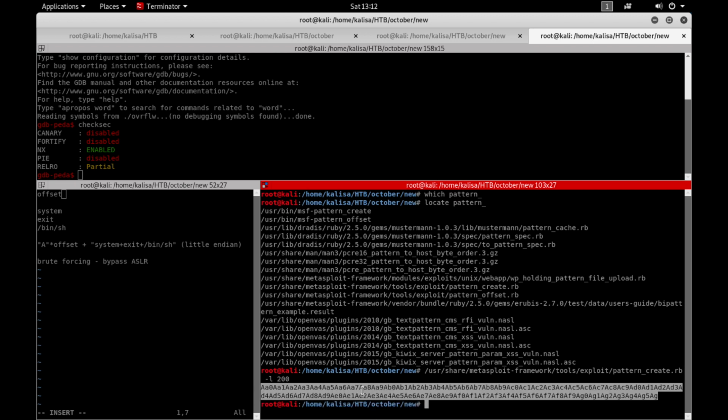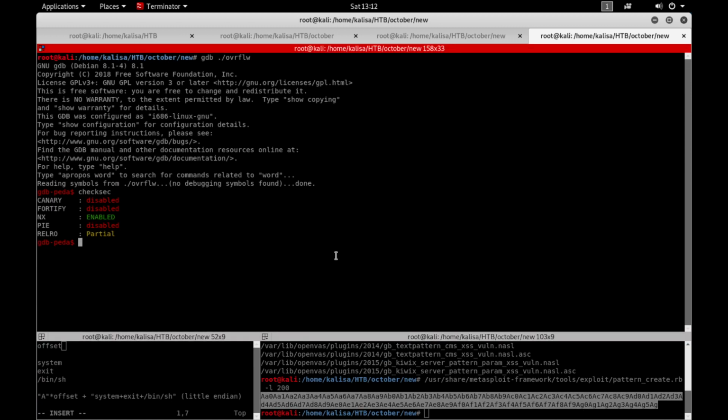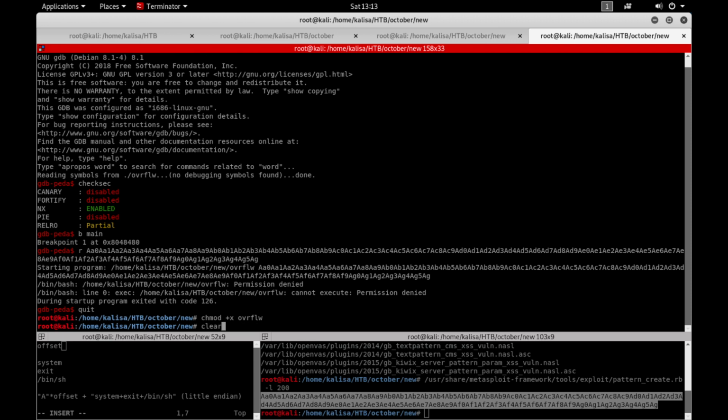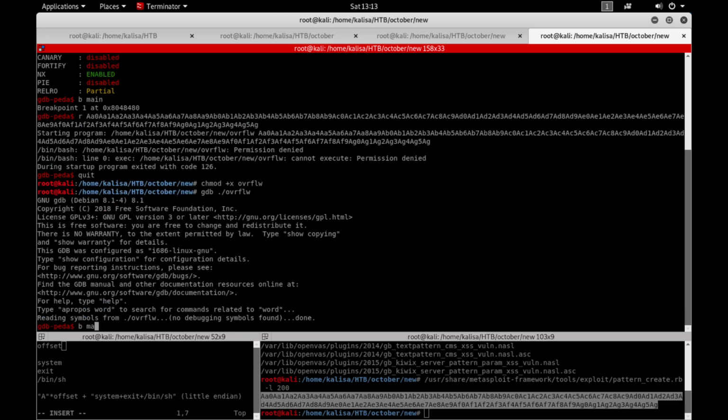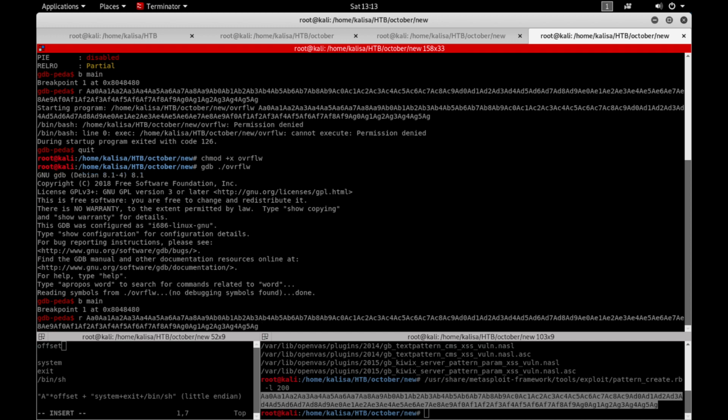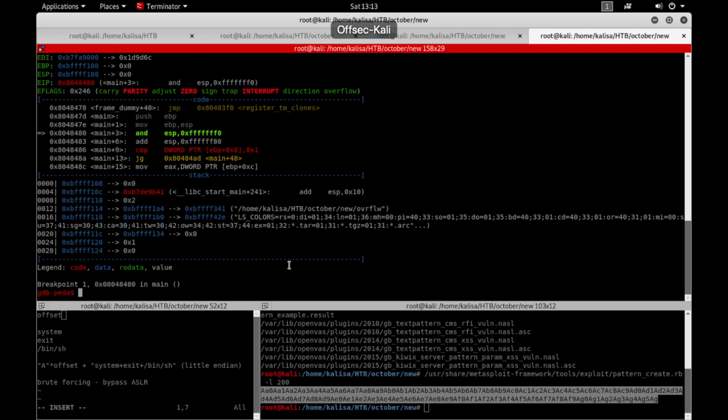So it created this unique pattern, and I will say, put a breakpoint at main and run with this input string. Oh my goodness, sorry, I didn't change the permission. chmod +x overflow, yeah. Let's do it again. gdb overflow, breakpoint at main, and then run with this input. Okay, and when I say continue,